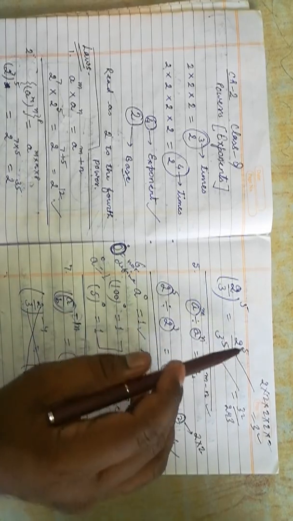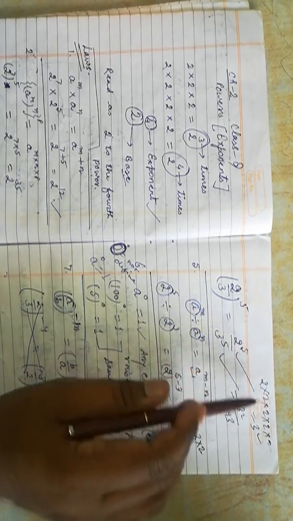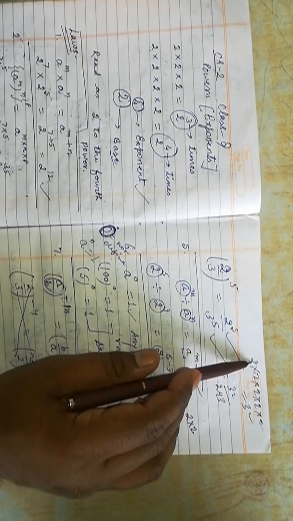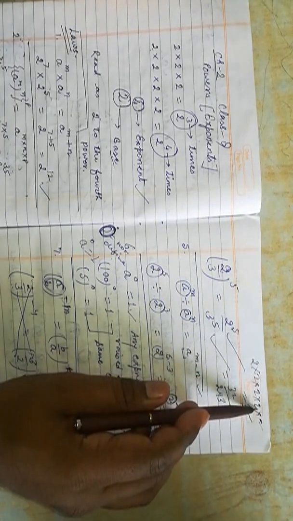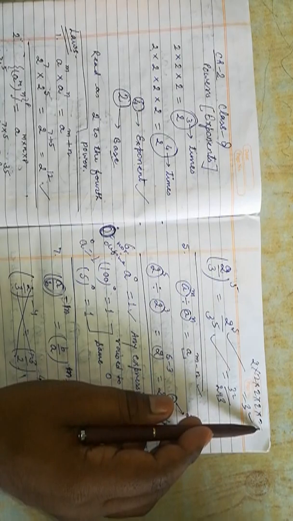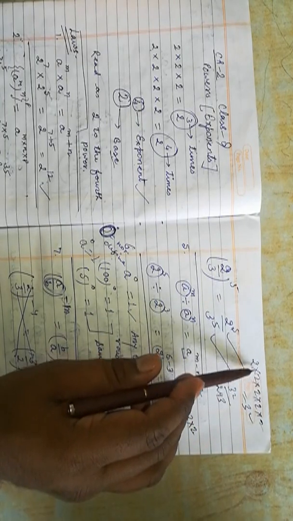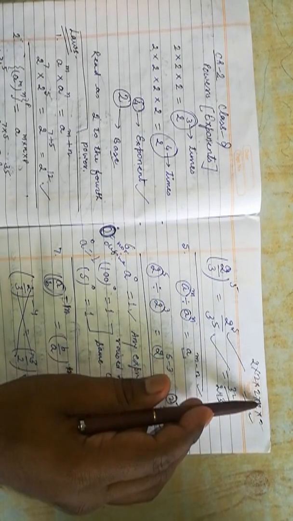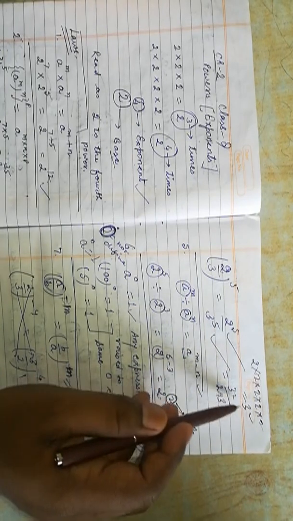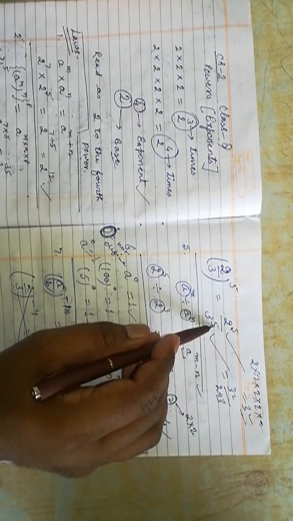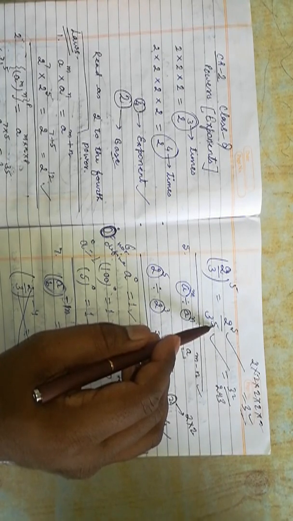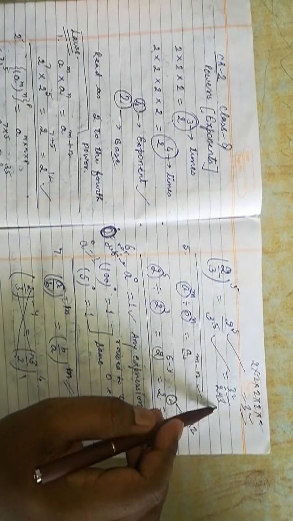Okay, if you want to get the value of 2 power 5, you can write down 2 in this way: 2 multiply 2 multiply 2 multiply 2 multiply 2, which means 2 should be written 5 times. Now multiply: 2 twos are 4, 2 fours are 8, 2 eights are 16, 2 sixteens are 32. So 32 is your answer. Same way, 3 power 5 you have to write down. It means 3 should be written 5 times and multiply them, you will have 243 as the answer.